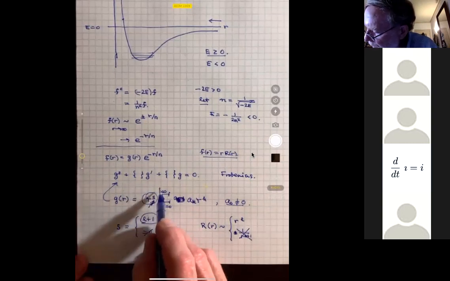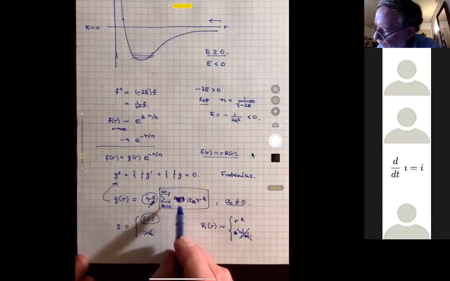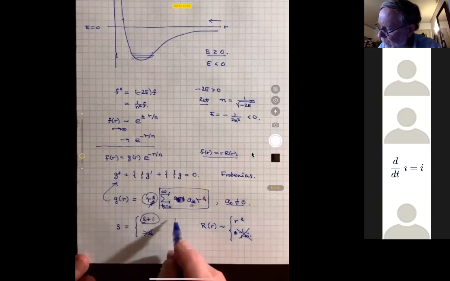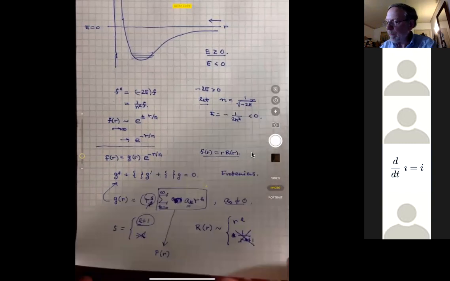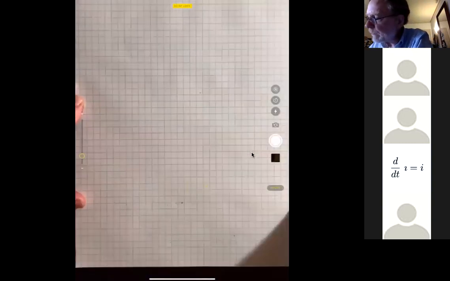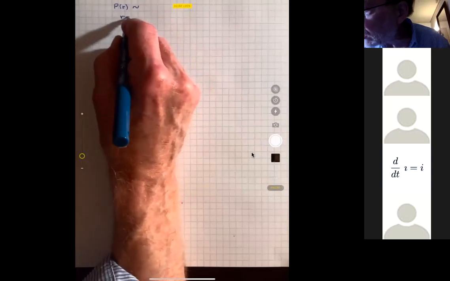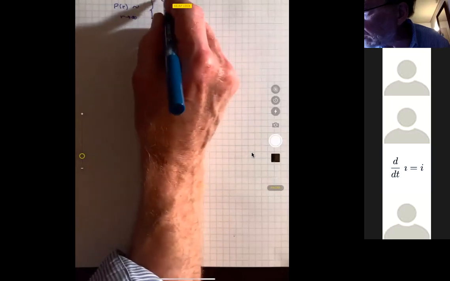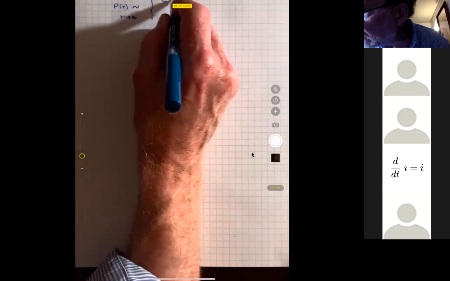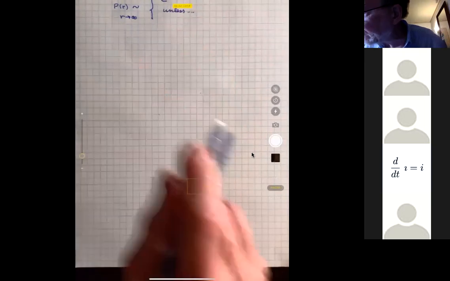And then substituting that into the differential equation, we can solve for the coefficients A sub K of this power series. Let's call this power series P of R, just to give it a name. P just stands for power series. If you do that and you get those coefficients, then what you find is that P of R goes as R goes to infinity like e to the 2R over n,